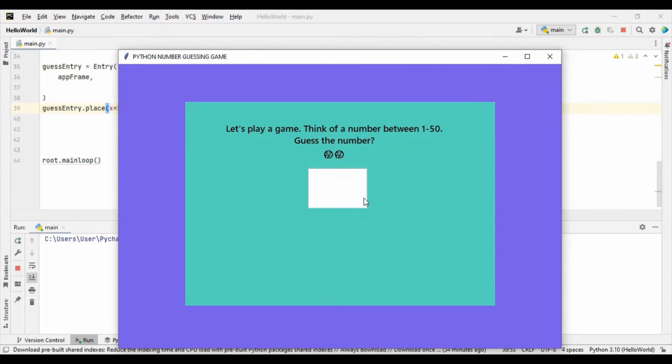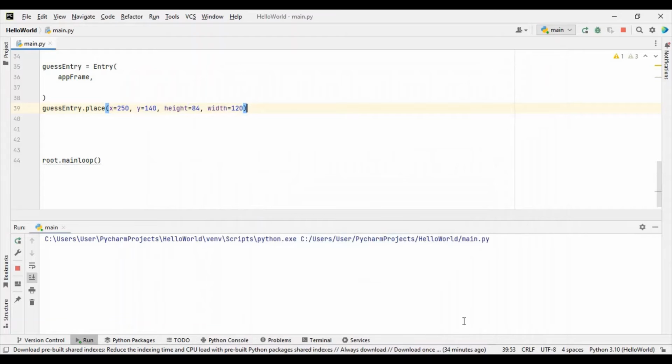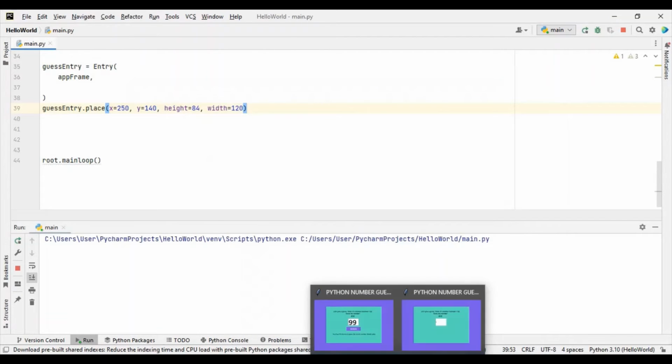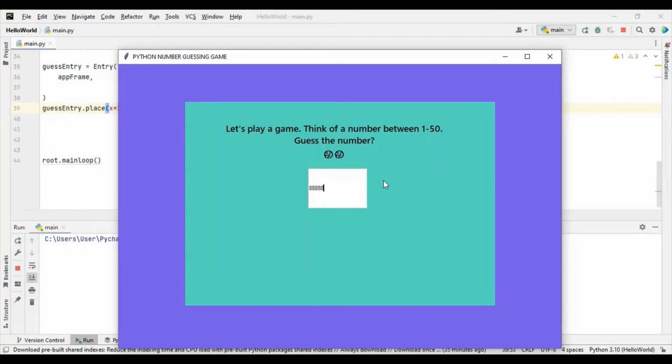So we want to give it a highlight background and stuff and things. I'm going to demonstrate all those. But if you compare our entry here, you can see that whenever you click inside this entry, some hover color comes around the border here. You can see the text inside this is also big enough as compared to this. Our text is small, and when we click inside, that hover doesn't come around. So to make that hover come around whenever we click inside it, we do that using the